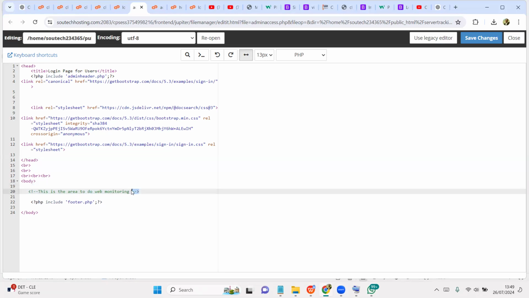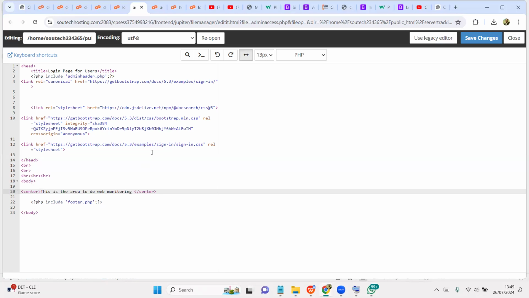I think we can just center this, just a small something, right? So we just have, this is an area to do web monitoring, but you cannot access this admin until you put a password, right?